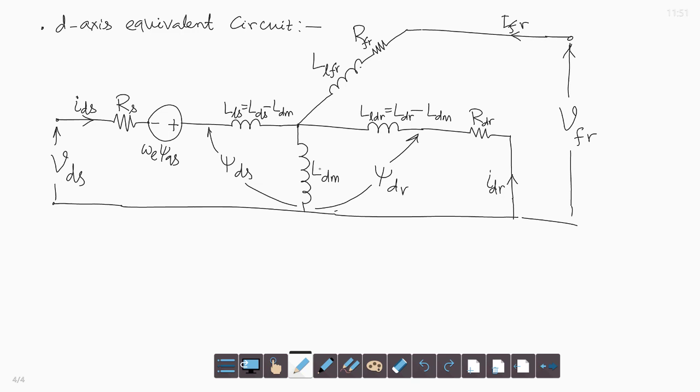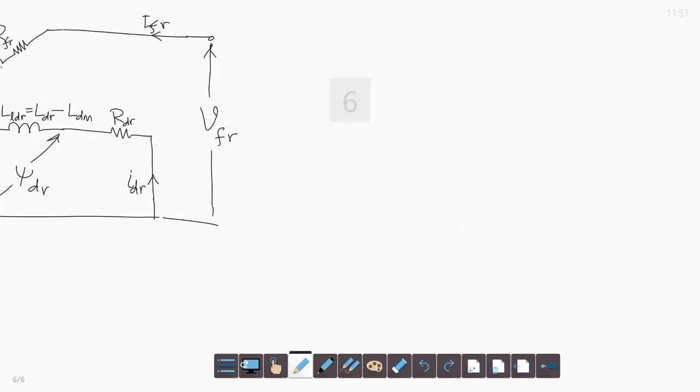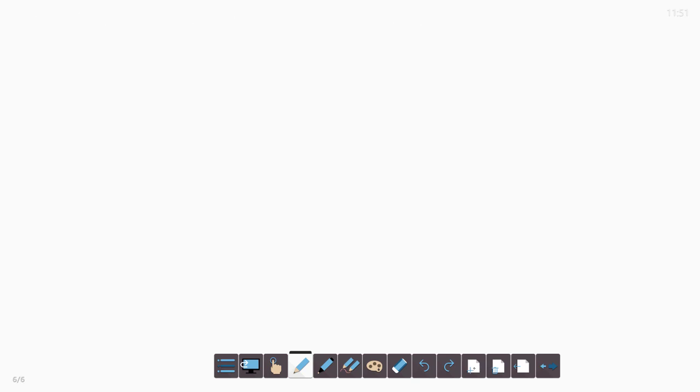So, now using these two equivalent circuits for the d and q axis, we can write the electrical model in matrix form. So, the electrical model in matrix form. We will write the applied voltage along the q axis stator VQS, the applied voltage along the d axis stator VDS, then VQR, the voltage of the q axis rotor, is 0, VDR, the voltage across the d axis rotor, is 0, because the rotor winding, the damper winding, is closed. So, VQR and VDR are 0.